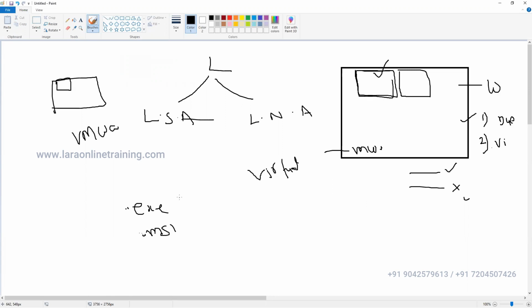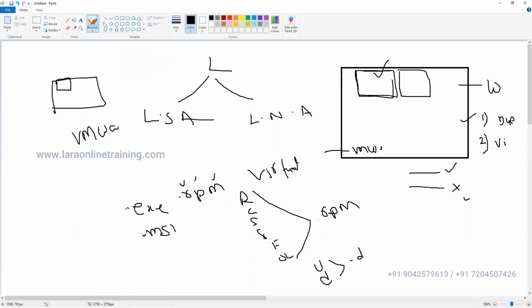In the same way, Linux supports .rpm. What does RPM mean? Red Hat Package Manager. Red Hat, CentOS, SUSE, openSUSE, Fedora, and Oracle Linux all have .rpm, the same family. But Ubuntu and Debian support the .deb extension. This is the Debian distribution, and this is the Red Hat distribution. Understood, right?